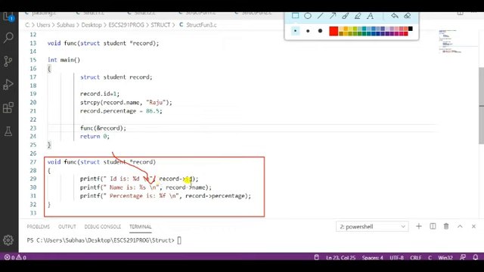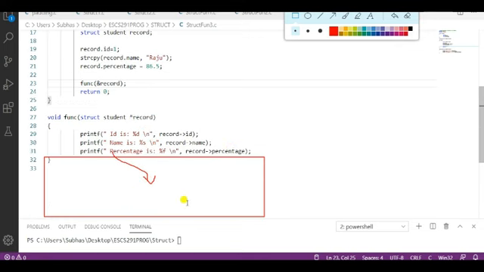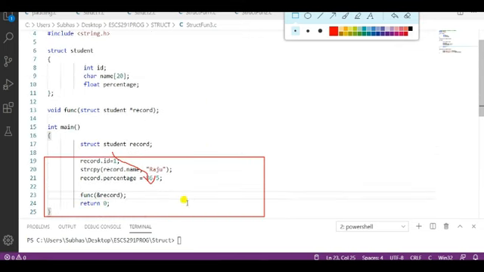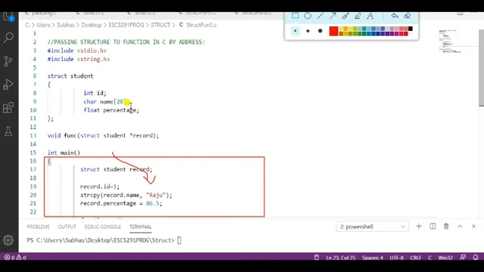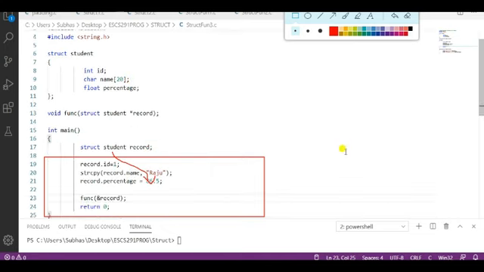So record arrow id, record arrow operator, then name. It will print my id, it will print my name, and similarly it will print the percentage. That is all about this program, how to pass the structure, or we can say how to pass the address of a structure to a function, right?